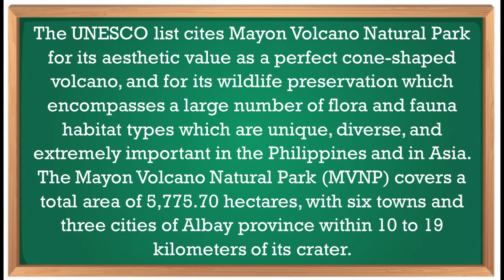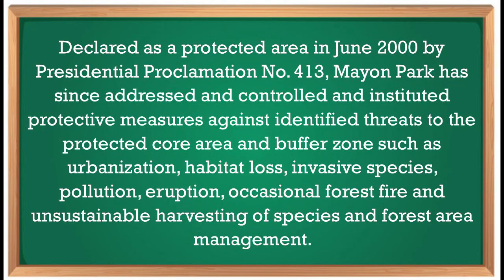The Mayon Volcano Natural Park covers a total area of 5,775.70 hectares with 6 towns and 3 cities of Albay province within 10 to 19 kilometers of its crater. Declared as a protected area in June 2000 by Presidential Proclamation No. 413, Mayon Park has since addressed and controlled and instituted protective measures against identified threats to the protected core area